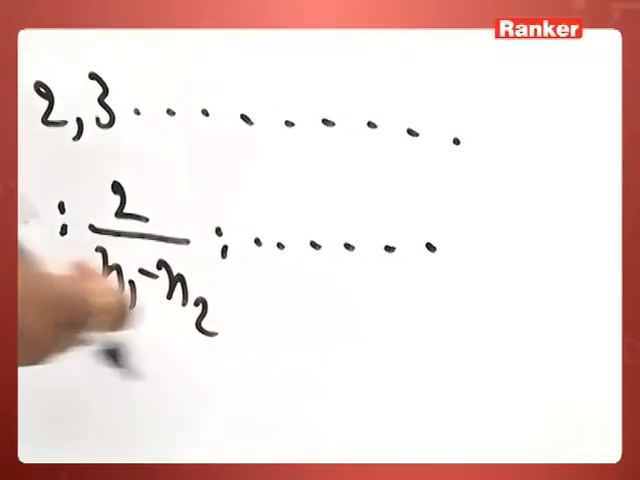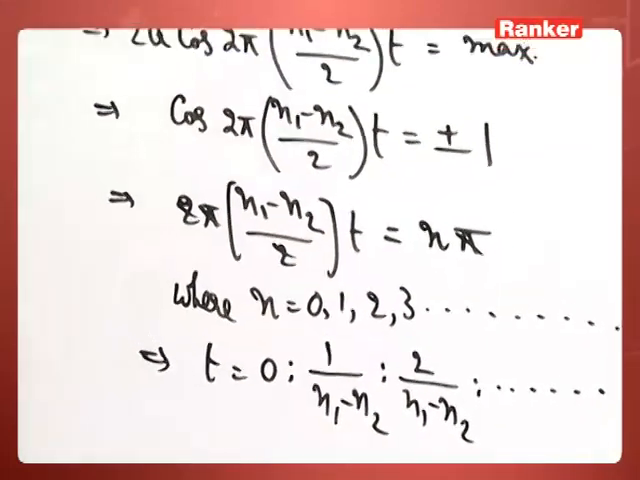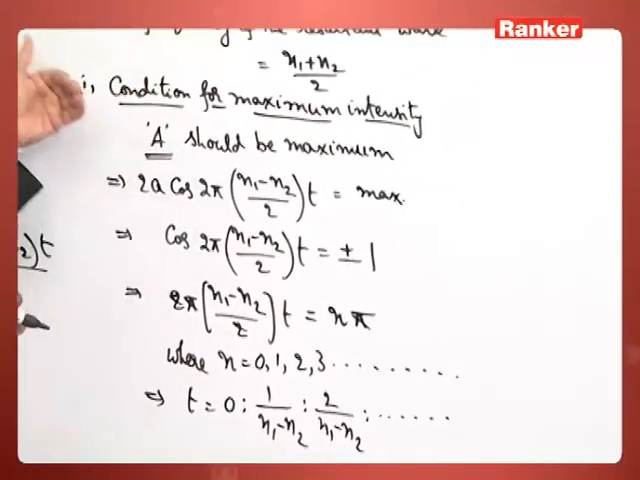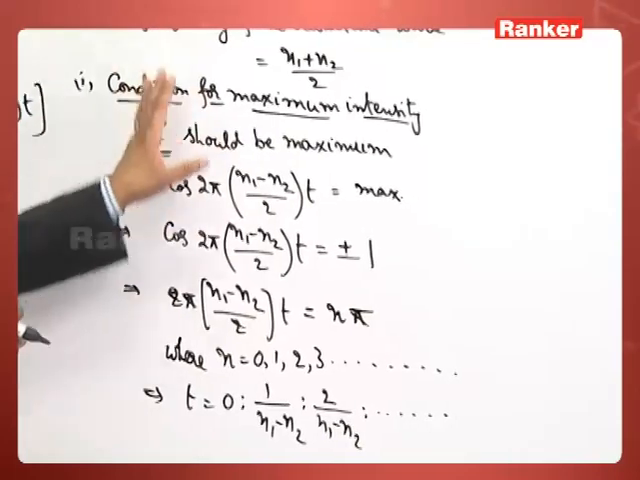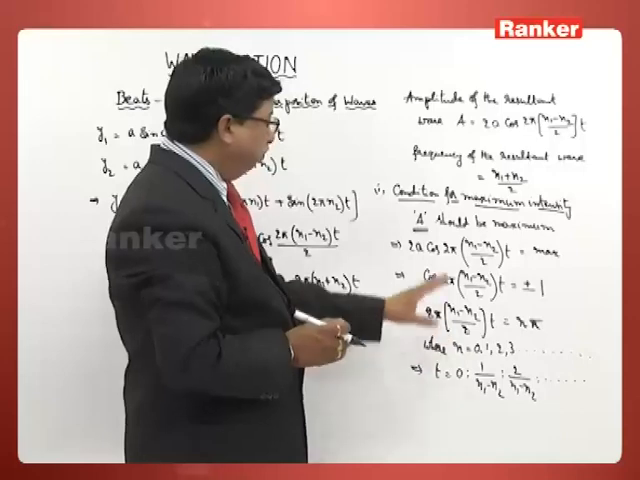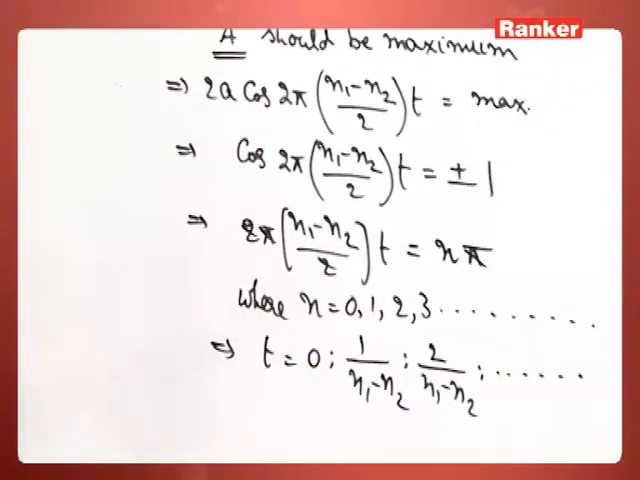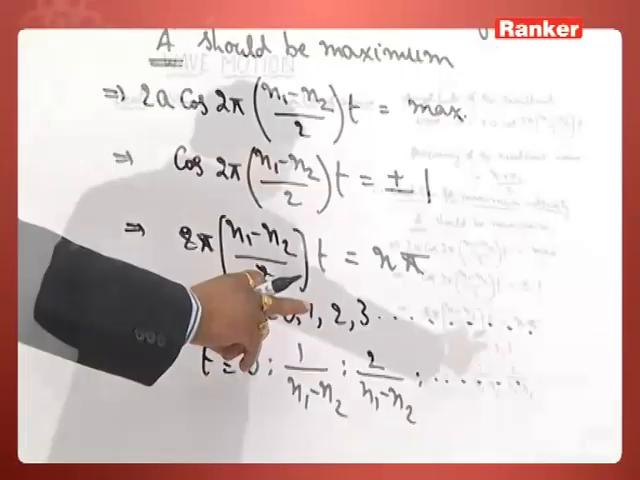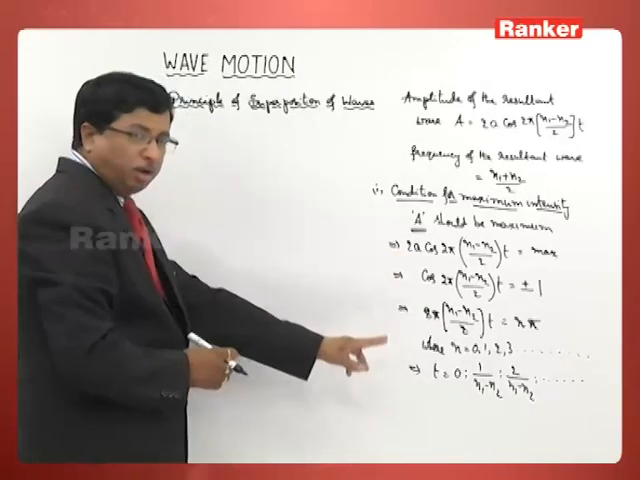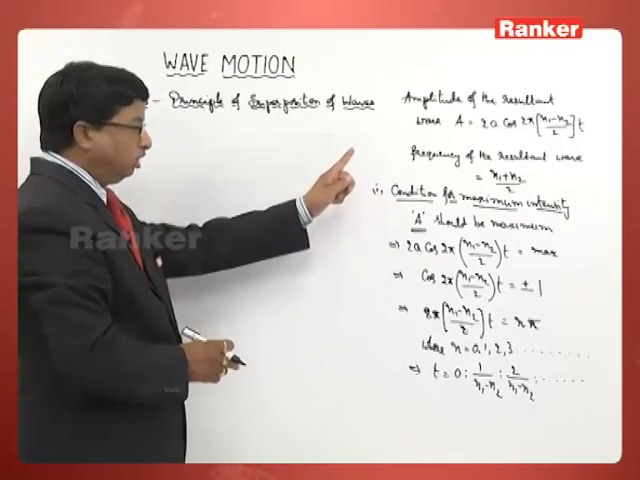So, for these values of t, you will find the amplitude becoming maximum. When amplitude becomes maximum, automatically intensity also becomes maximum. So, that is the condition for maximum intensity whenever we find beats produced in any system. So, when t is equal to 0, 1 by n1 minus n2, 2 by n1 minus n2 and so on and so forth, these are the values of time after which we find the maximum intensity